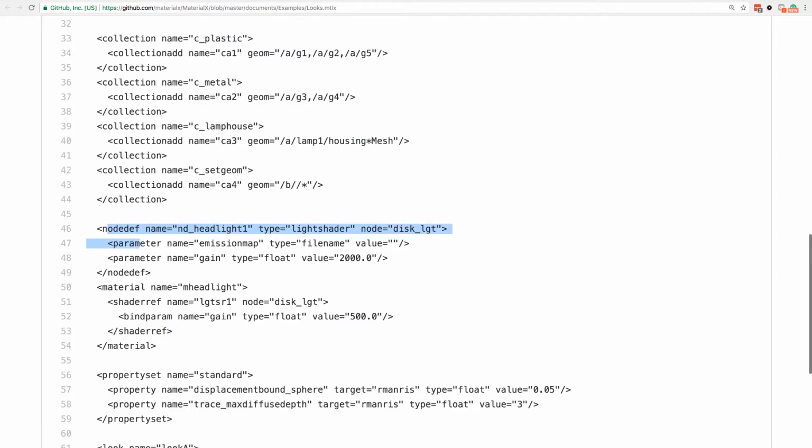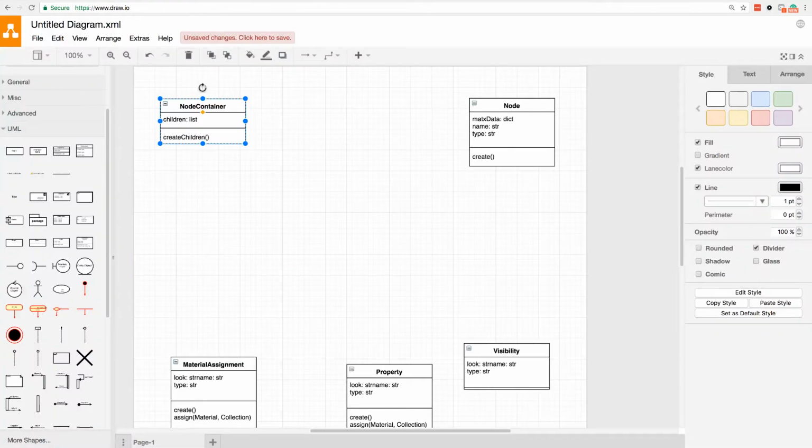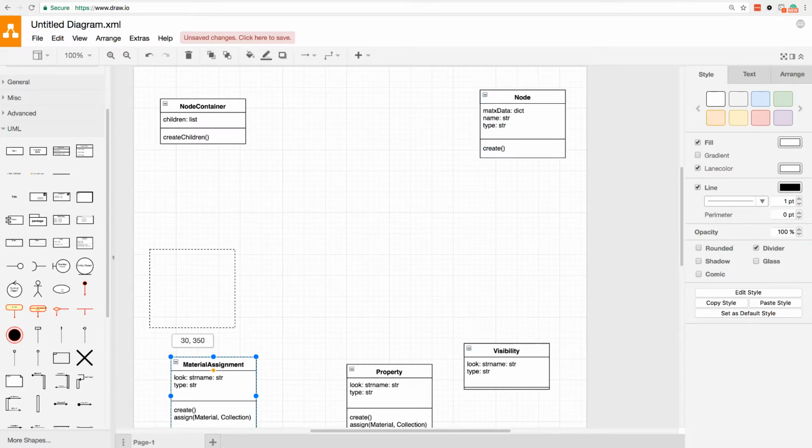Whenever we see a node definition, these are going to be special cases, right? Because like I said earlier, these are going to be for custom stuff that we're trying to add to the system. So it's going to be a special kind of node, but it's going to be custom. So it's probably going to inherit from this. So let's look at what else we have.